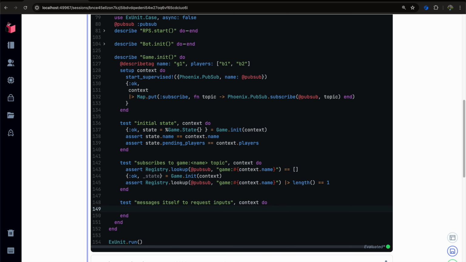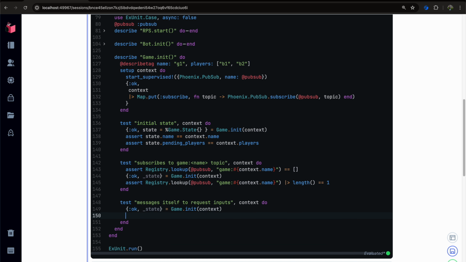Context do, comma, state is going to be game.init context, and we're gonna assert